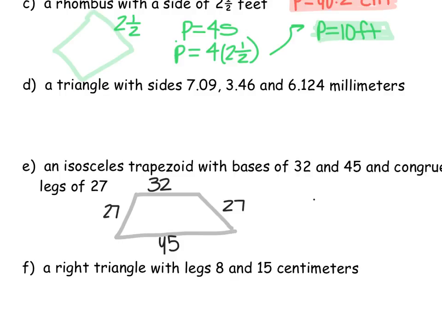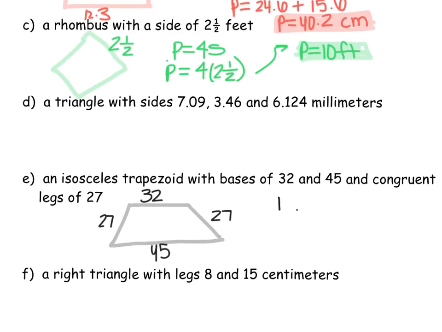We'll go over this one because it's a good one. You're going to take your sides and just add them together like you would any other quadrilateral. So we have 32 plus 27 plus 45 plus 27, and we end up with